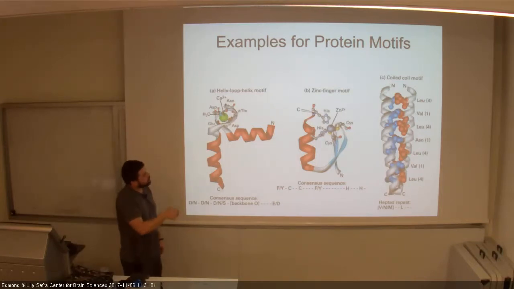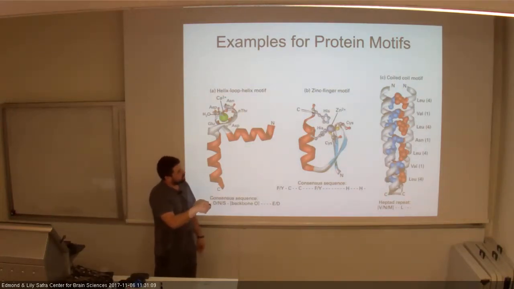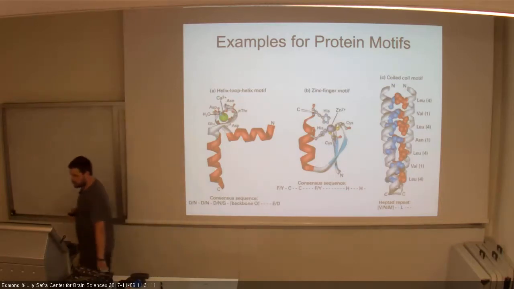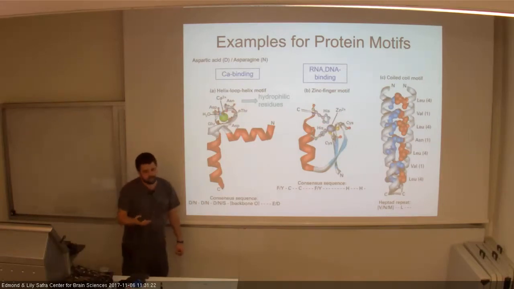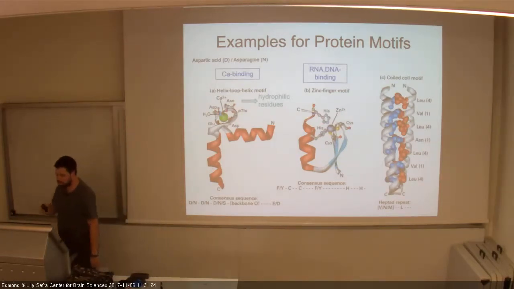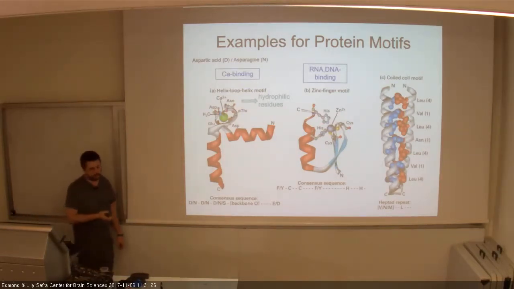And the zinc finger motif, which is like this alpha helix, and then this small beta sheet, and this loop, and specifically also the amino acid, we'll talk about it in a second, that also bind the zinc ion. So this is good for calcium binding, and this is good for RNA and DNA binding. So a lot of enzymes and proteins that know how to bind DNA and RNA will have